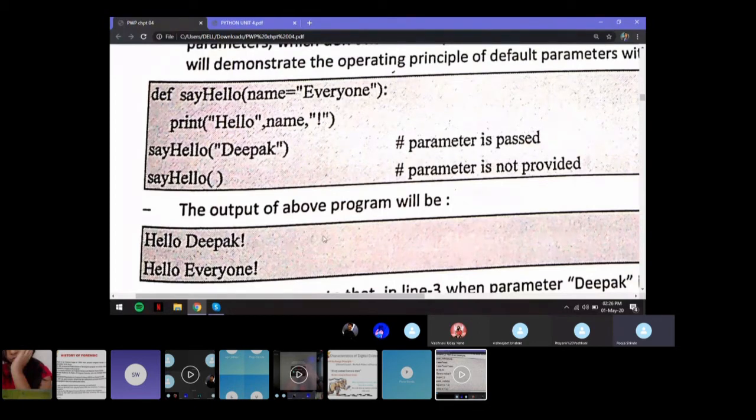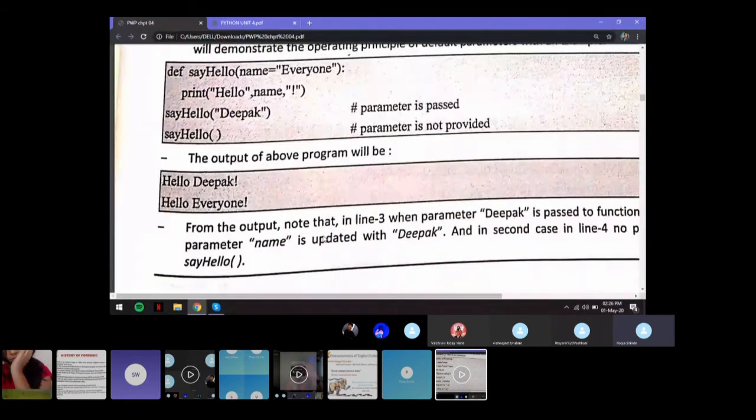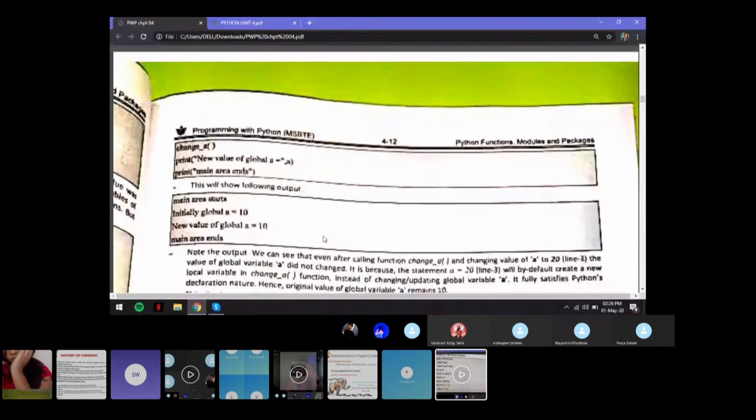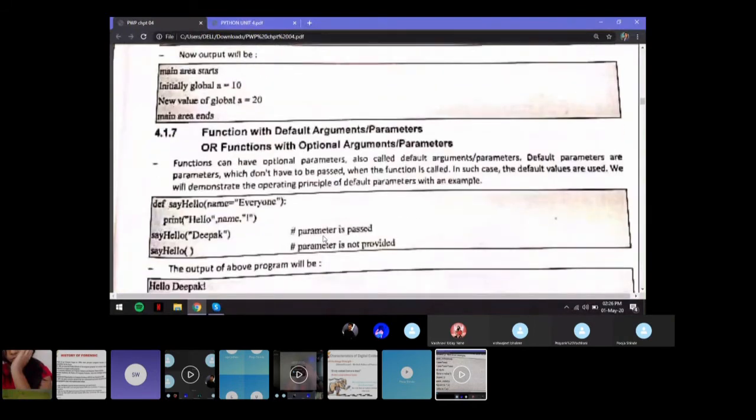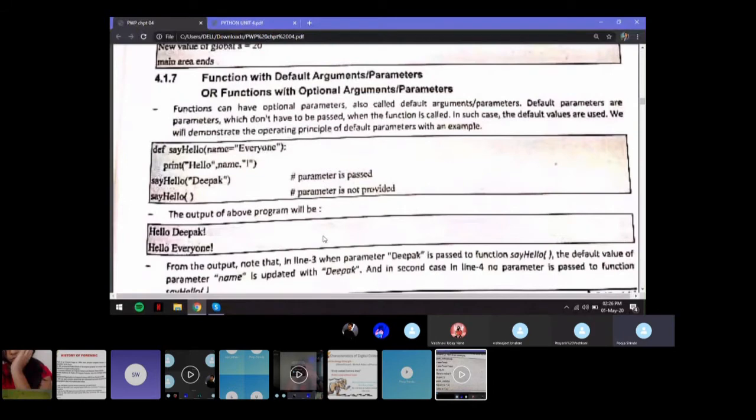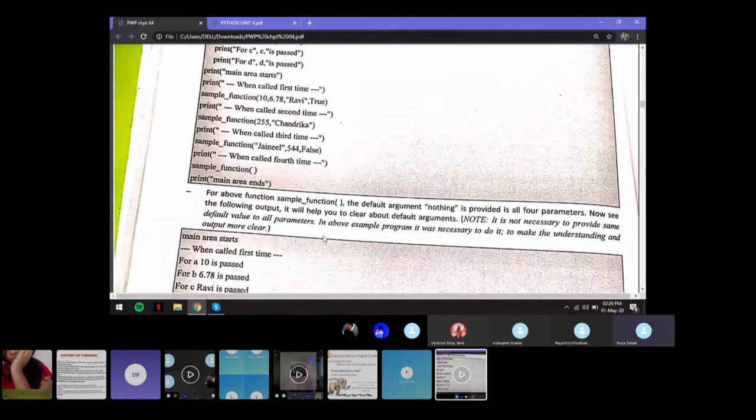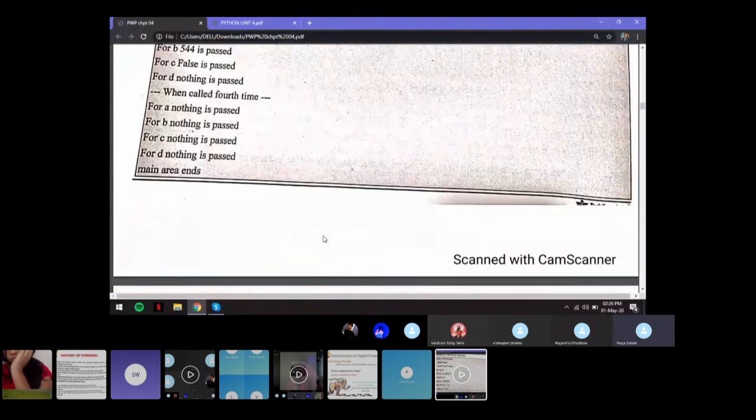So that is how you use default parameters. Okay, so we'll see the next topic.